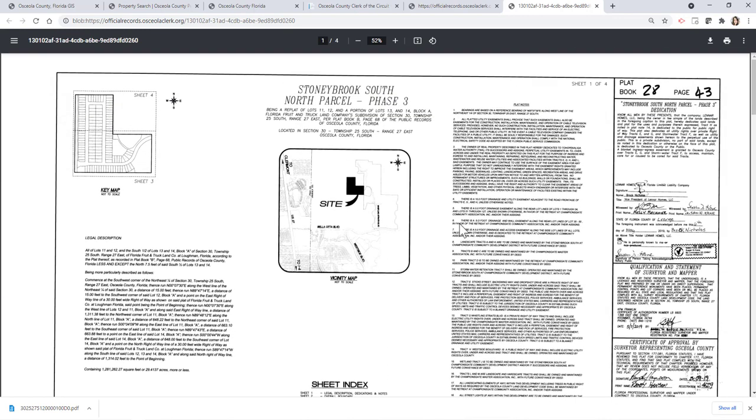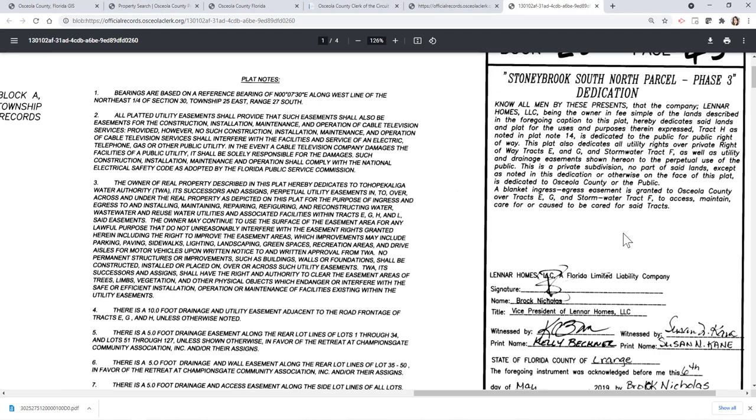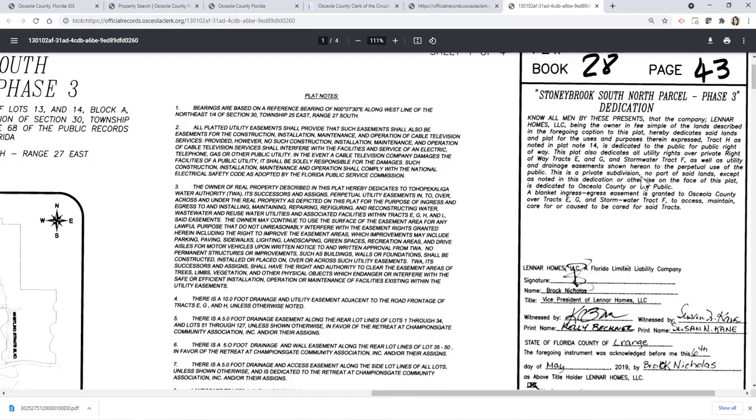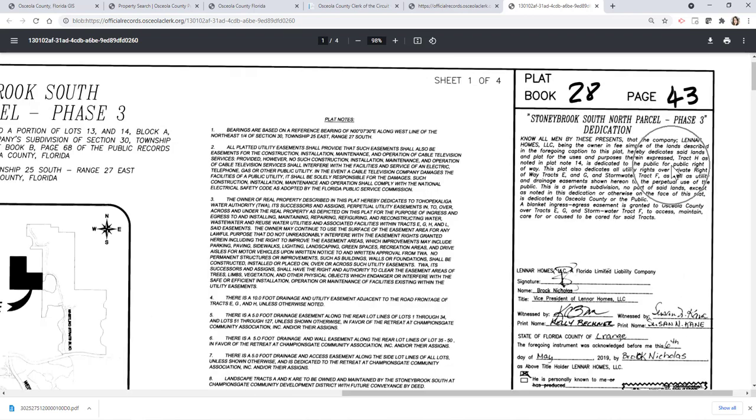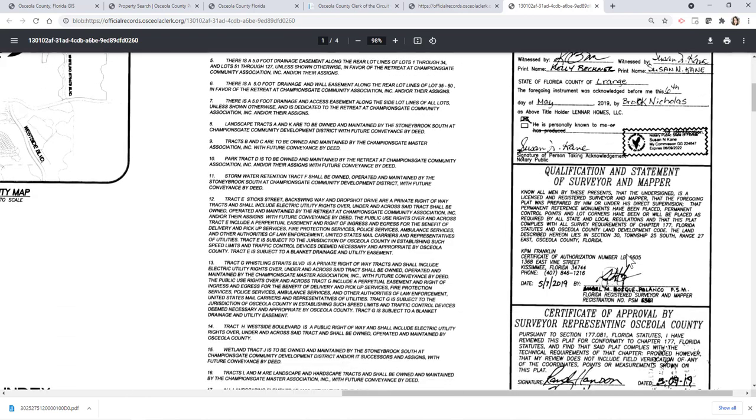So your job is going to take this information, make sure you download it so it's easier to see, and you're going to recreate this information. I want you to review what this information says, and I'll talk about it as we go along. There's a dedication of who is dedicating the plat, who is the surveyor and mapper,